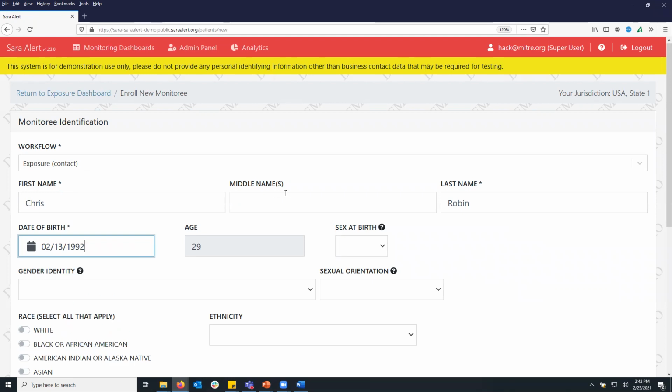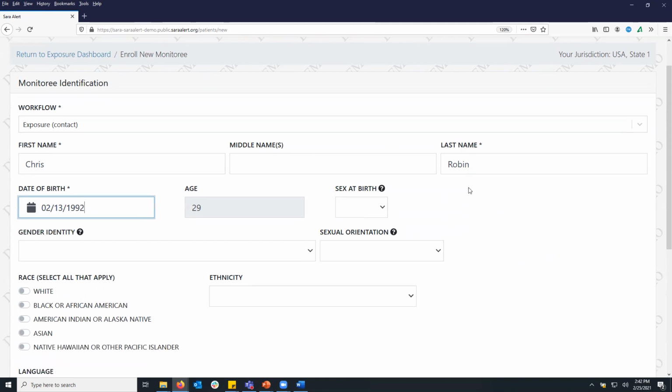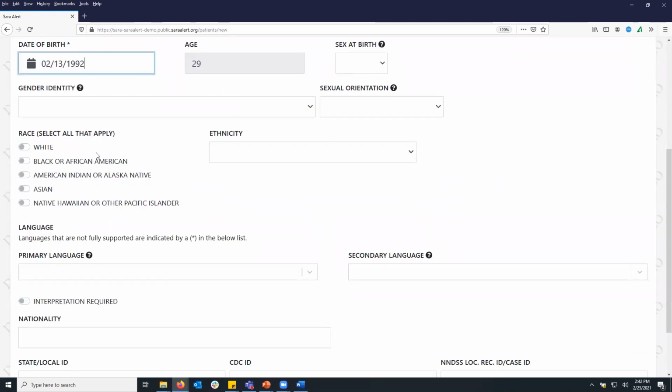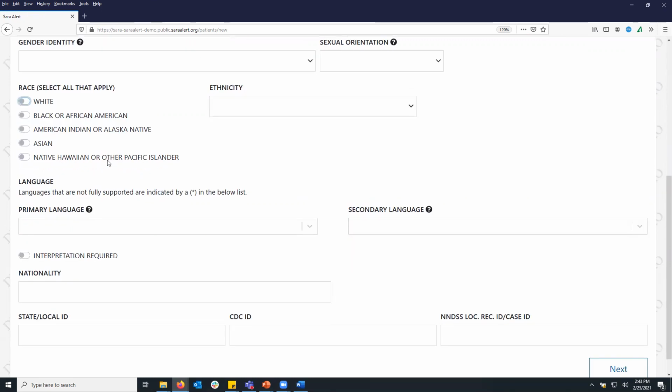Many of the fields are optional, and as you can see, many of them also capture demographic information for the monitoree. I will also in particular note that race is multi-select if applicable. You can also pick a primary language, which will determine the language Sara Alert will use in sending self-report notifications